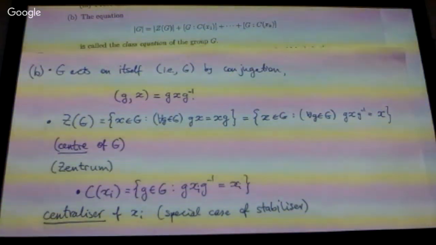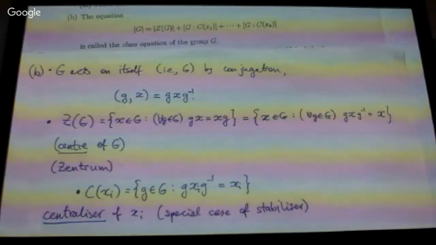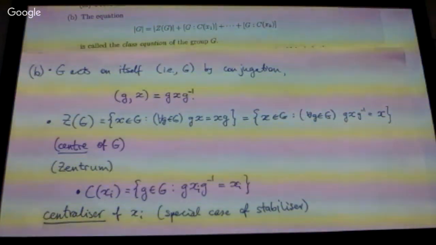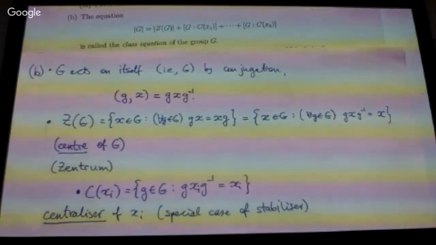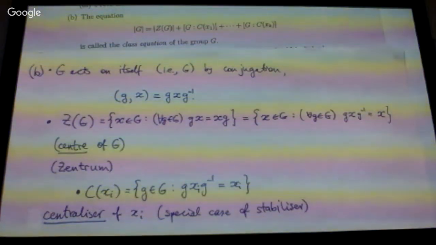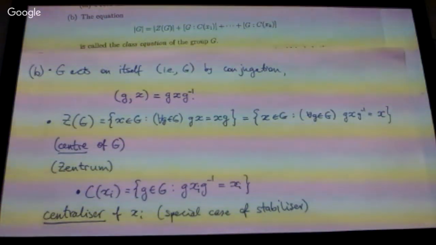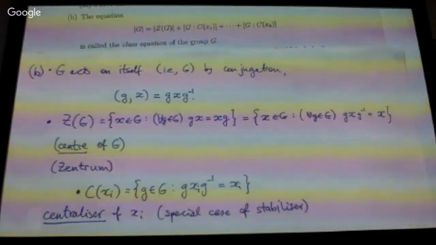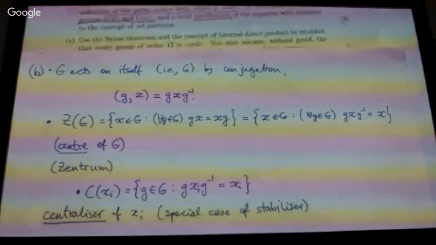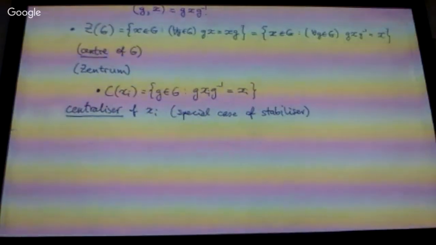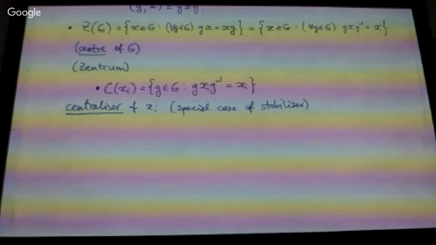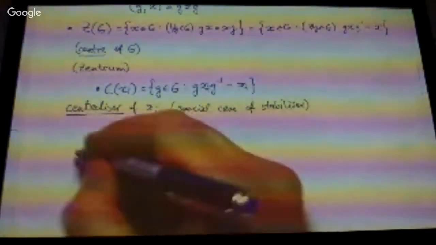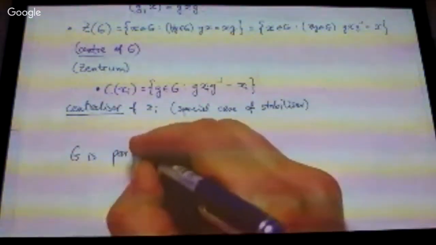What does that mean? That means that you can't have an element in two different orbits and every element is in some orbit. It's almost obvious, because all you have to prove is that every other element in that orbit also has the exact same orbit. That is not very hard to do. So using this fact about partition, in this case the set that's acted upon is G. So X is the same as G. So G is partitioned